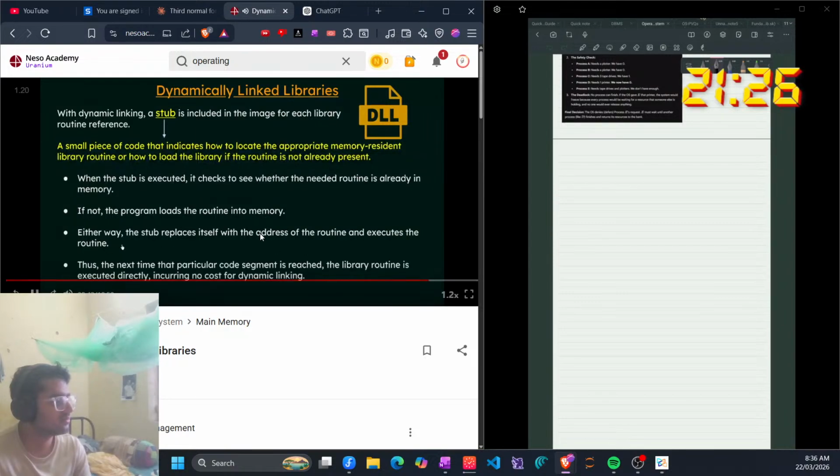So what is the advantage of this? The next time that particular code segment is reached, the library routine is executed directly, incurring no cost for dynamic linking. Why do we say this? This is because